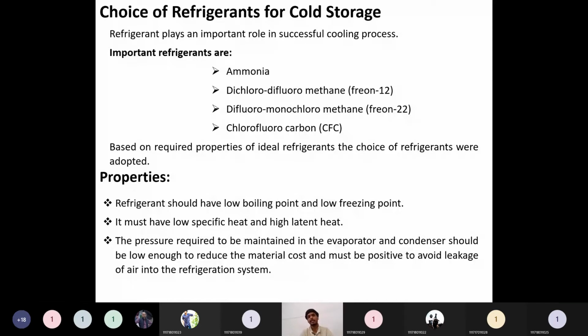So when it has a high latent heat of vaporization, what happens? The probability of leakage will be very low from inside to outside. If you see in our refrigerators also, some ammonia or something will be there. I don't know exactly what that name will be. Some CFCs will be there. CFCs nowadays for household purposes, not using ammonia. Backside of that one, some pot-like structure will be there.